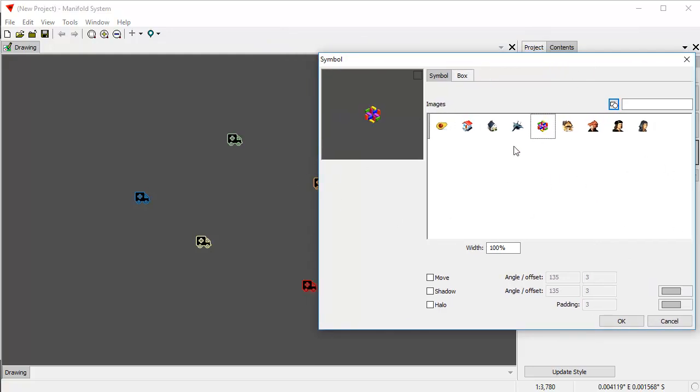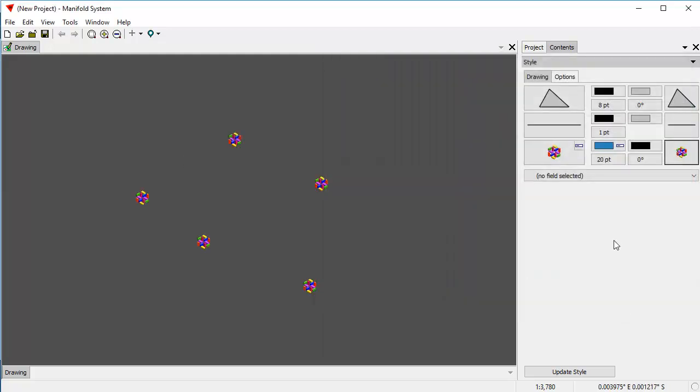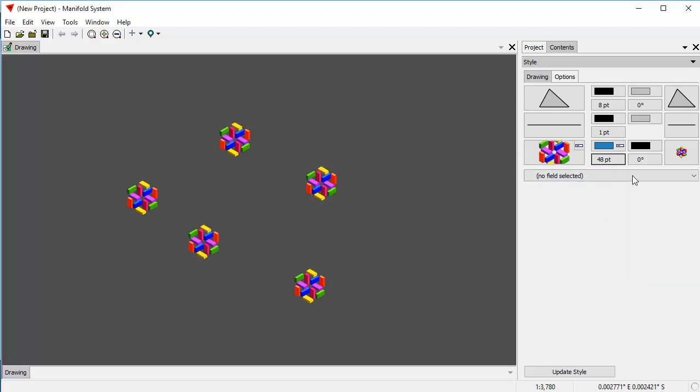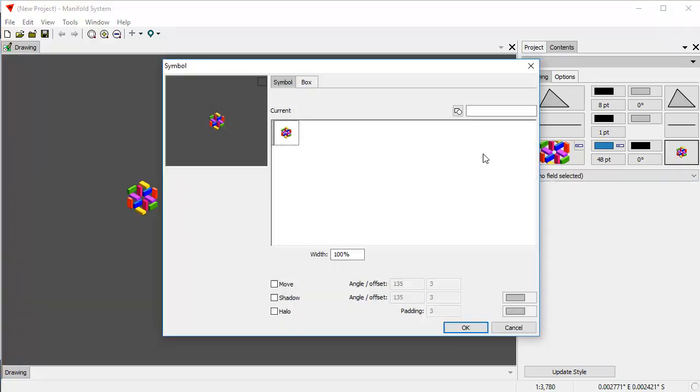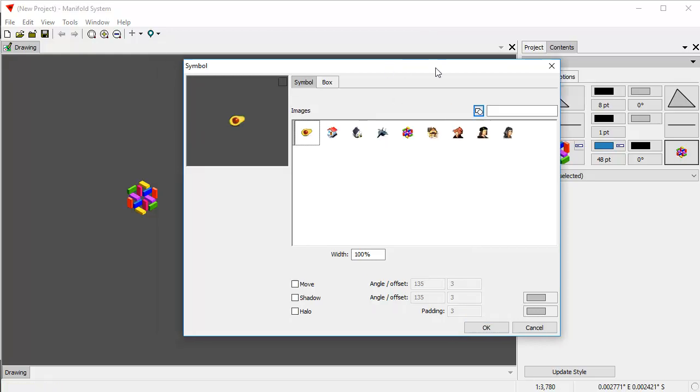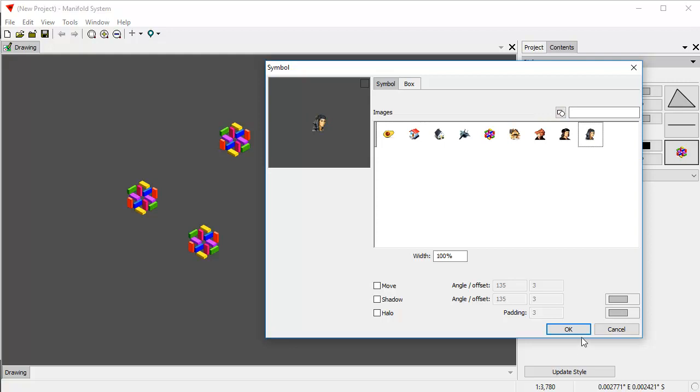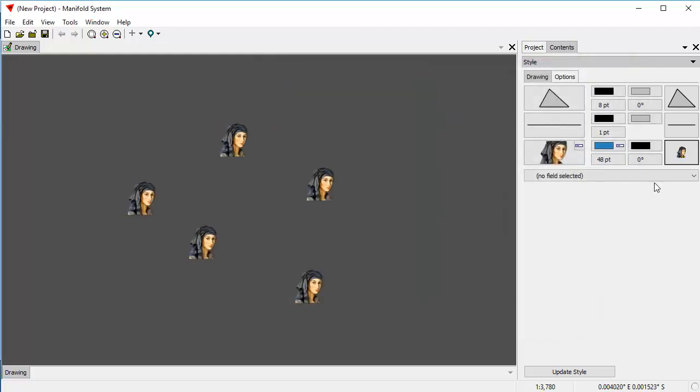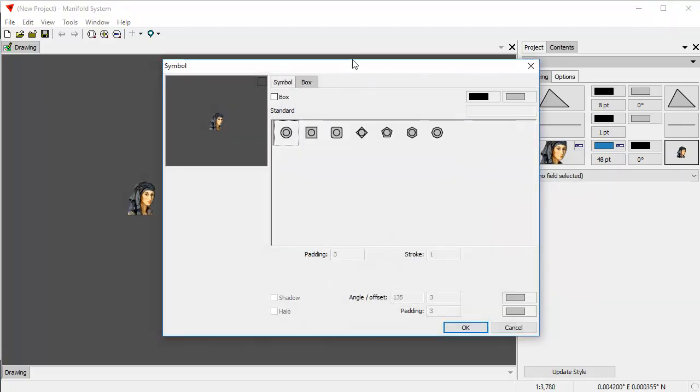So if we like, we can choose one of them, click OK, and all the images will turn into that. I'm going to make that a little bit bigger so we can see it more conveniently. Let's choose a different image. How about this one right there? And if we like, we can add a box around this image. Boxes are elements we can add to any